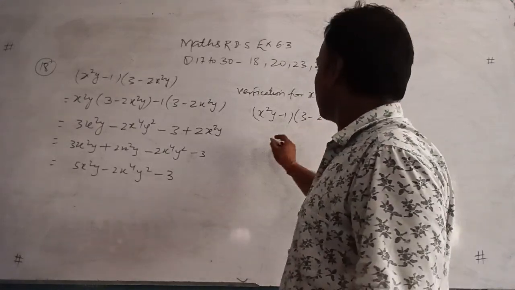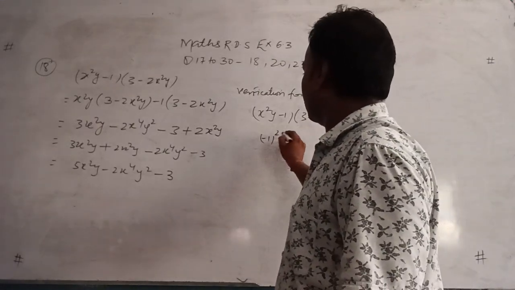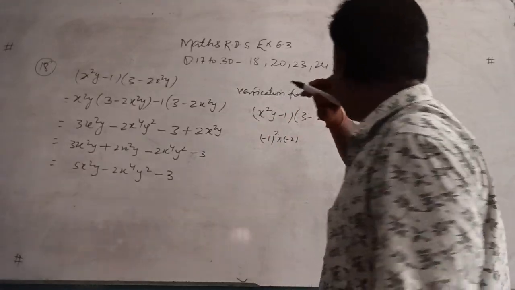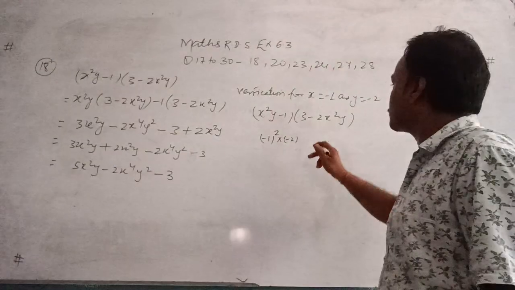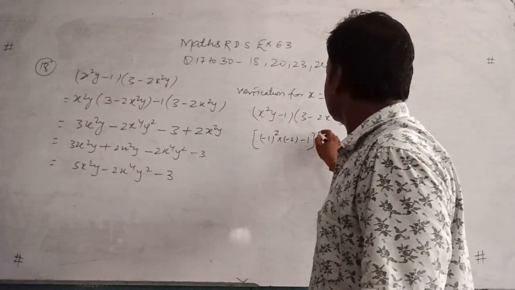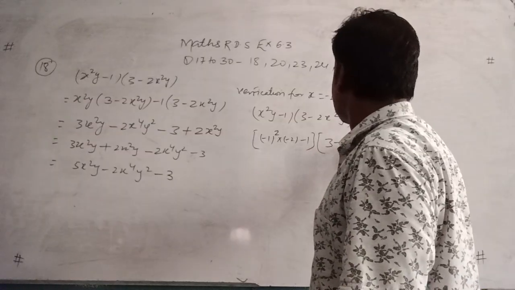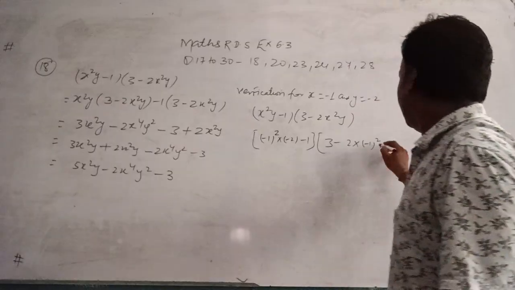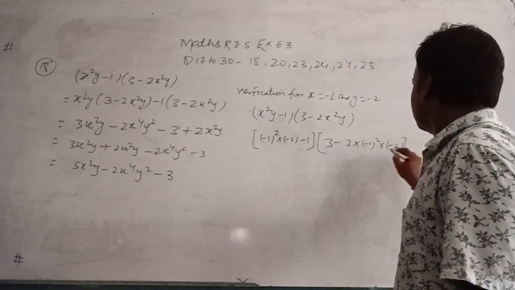Put the value of x equal to minus 1: minus 1 square into minus 2, minus 1, into 3 minus 2 into minus 1 square into minus 2